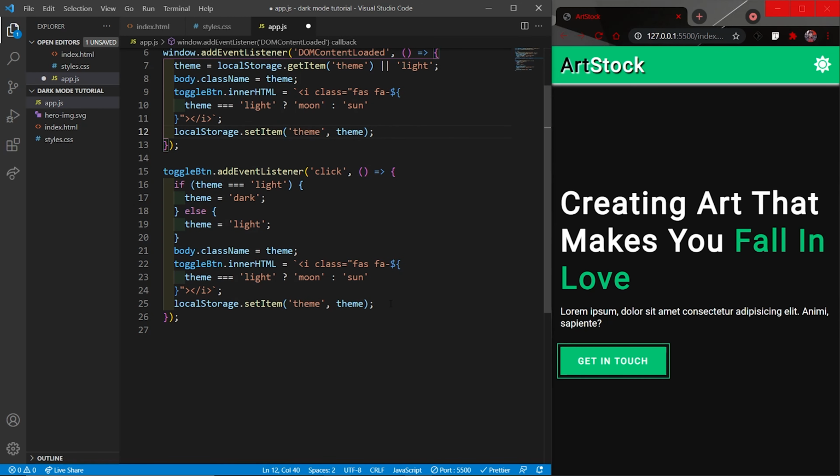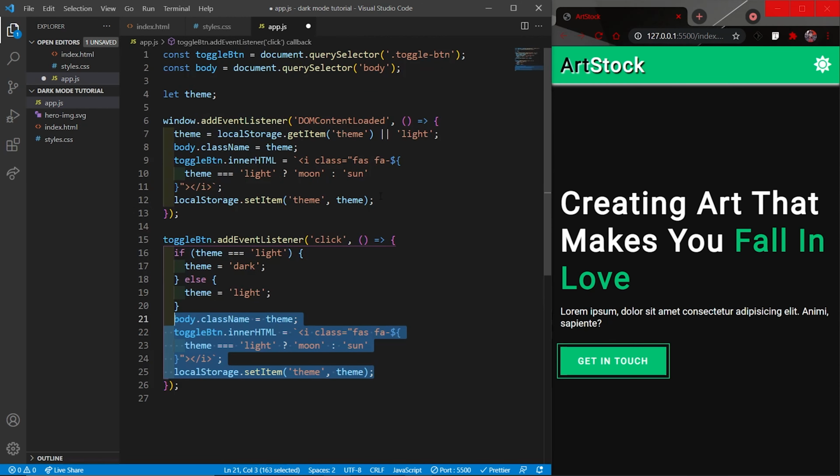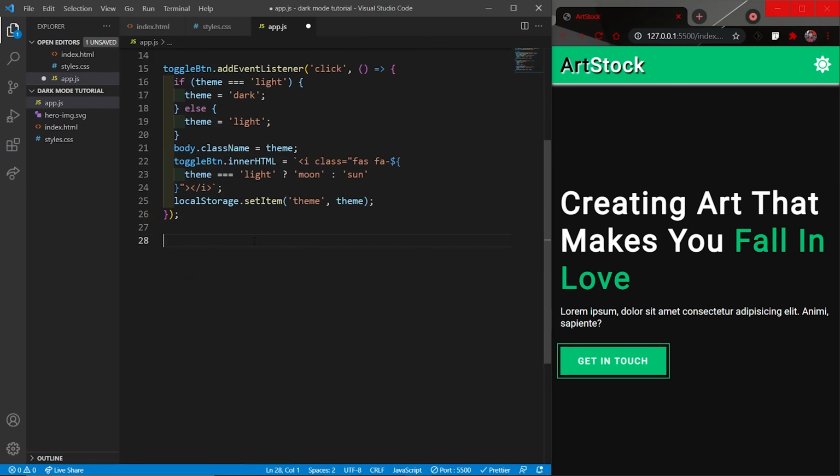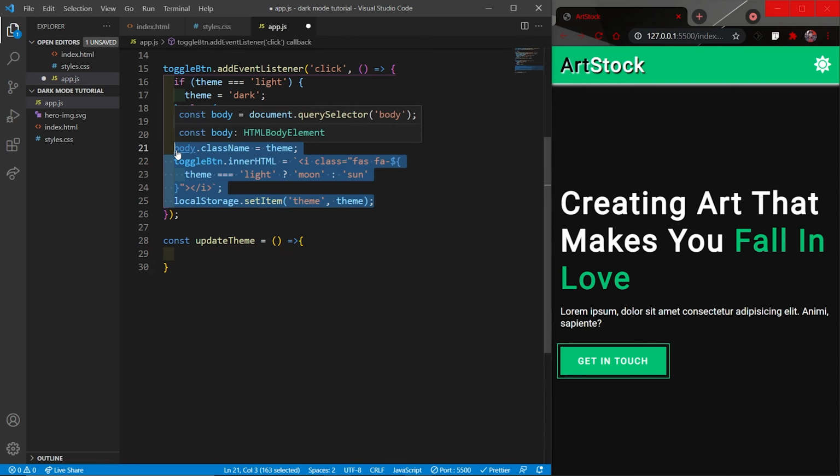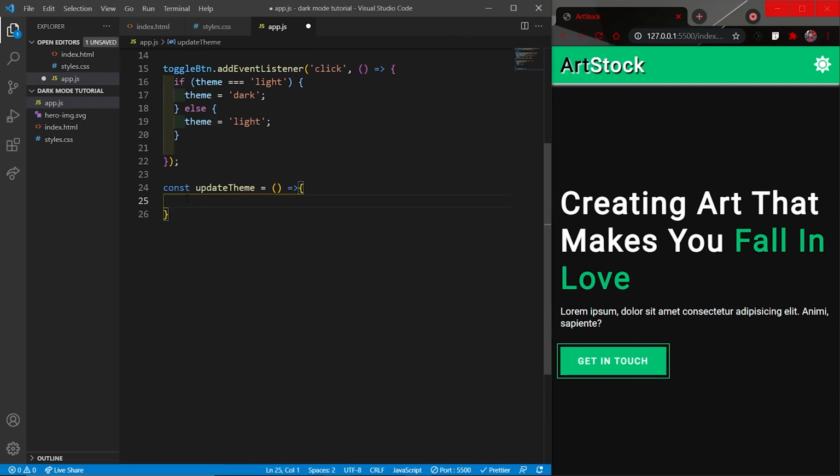Now one more thing to do is, since we are repeating these three lines twice, I would want to create a function for them. So let's do it quickly. Update theme. And let's copy these three lines and paste them here.